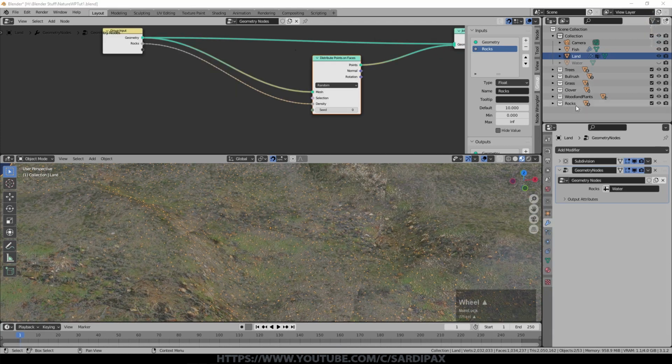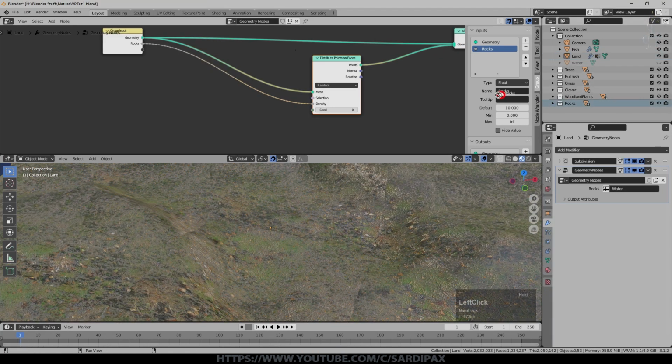So now over here, here's my rocks. I'm just going to left click that and drag it over to here, and I've got a collection here. I'm going to click separate children and reset children. This is so that I can instance all of the different rocks.